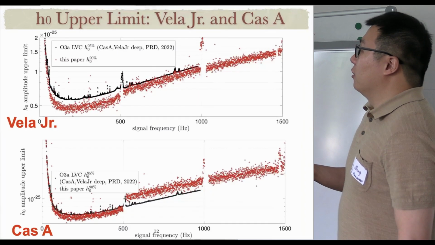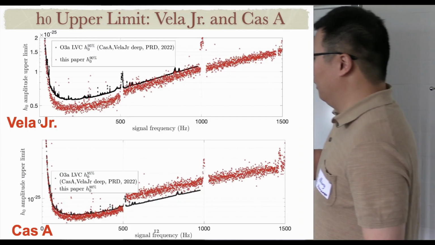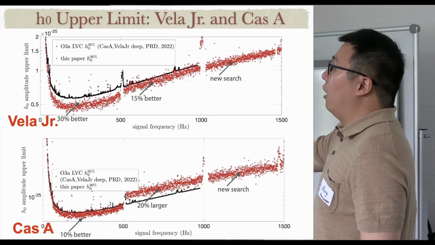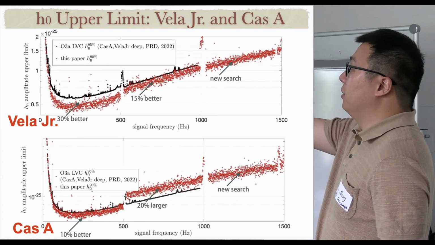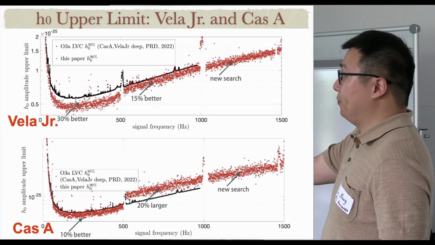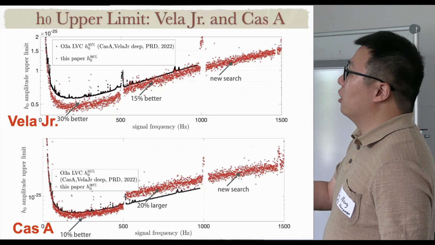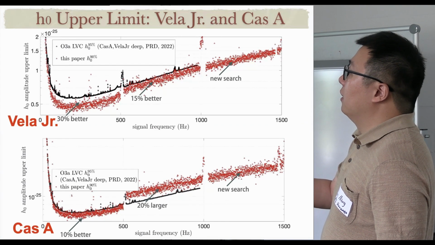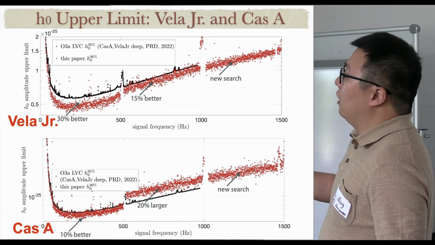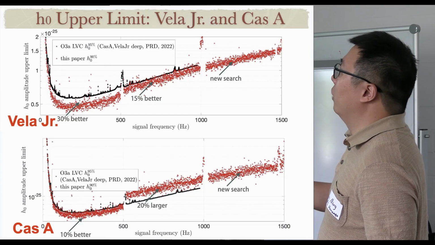So that's shown here. I will spend maybe 1 or 2 minutes. First, the red points are our search result, and the black points are the LVK's result. So basically, we are competing with LVK. For this source, Vela Jr., at the low frequency part, we are about 30% better. For the high frequency part, we are 15% better. But their search range only goes up to, I think, 980 something, but we go to